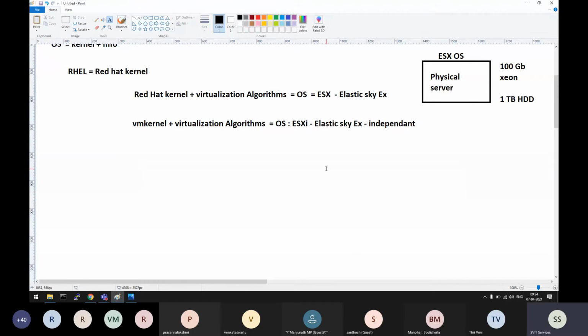Initially, for around 3 to 5 years, they released both flavors, the ESX flavor and the ESXi flavor, in the market, because people were used to the ESX operating system and now they wanted to build their own kernel. Now they built their own kernel and named it ESXi. On day one, if they stopped ESX and suddenly gave ESXi, they didn't want to take that risk of changing their growth immediately. That's why they were releasing both flavors at a time, ESX and ESXi.